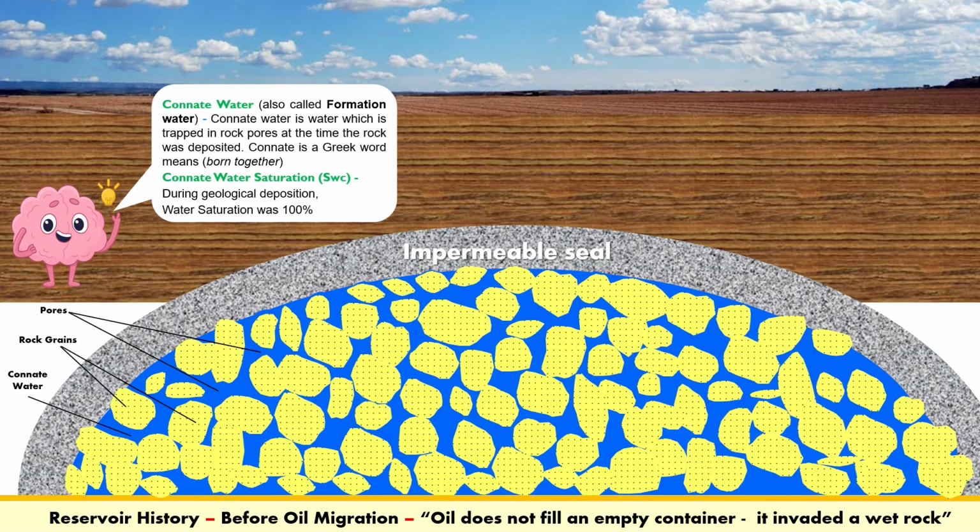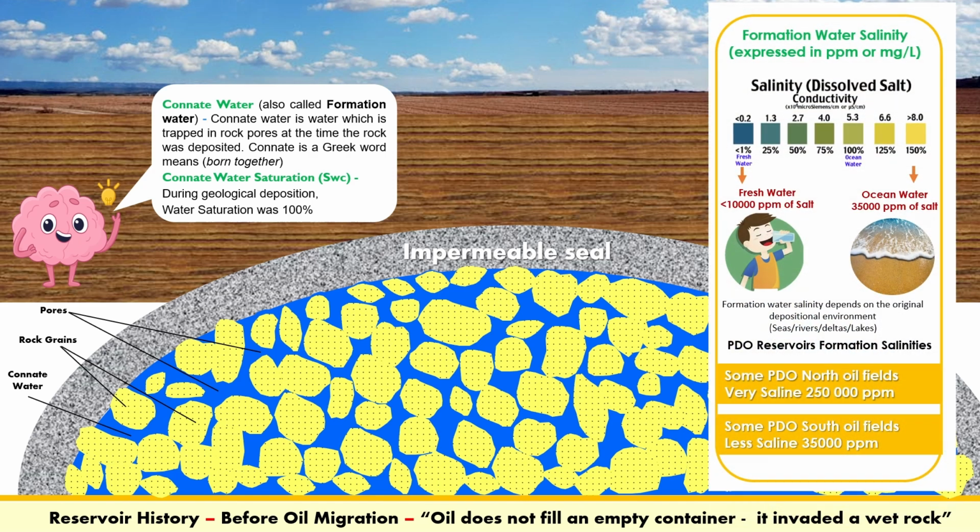As petrophysicists, we also care about formation water salinity, which is expressed in ppm or mg per liter. The salinity depends on the original depositional environment. For example, some PDO North fields have very saline water, up to 250,000 ppm. I'm not sure if it is even more than this, because I didn't work for the North for a long time. Most of my experience is in the South. While some fields have less saline water, around